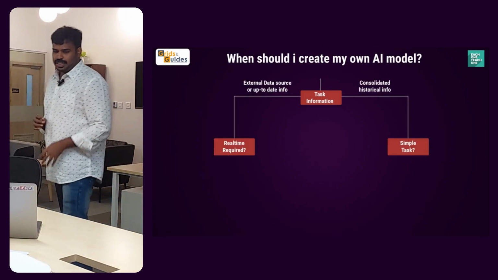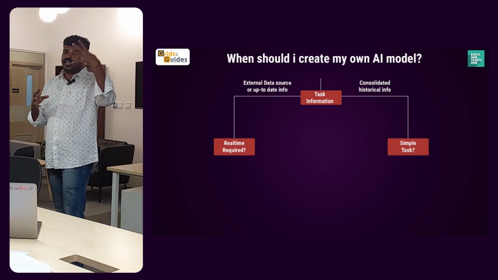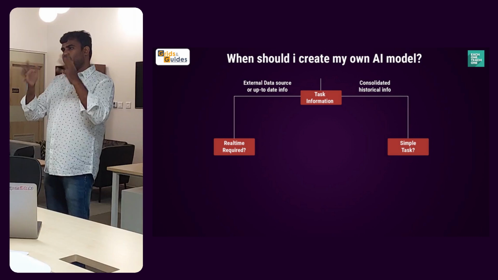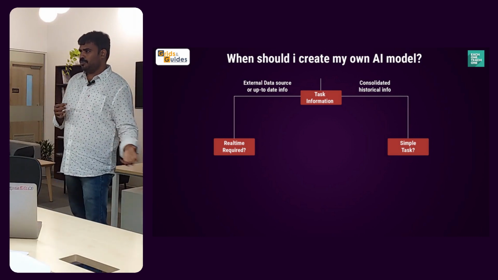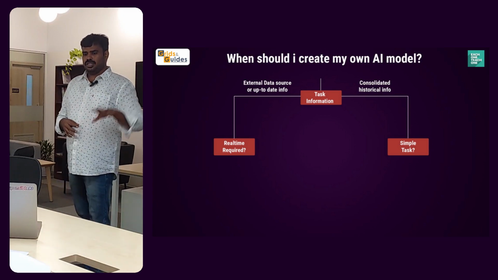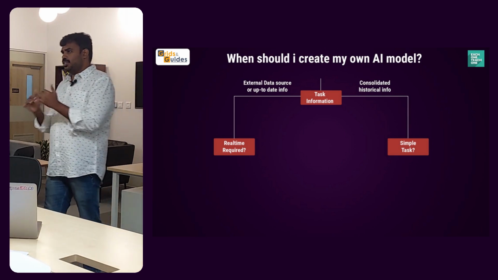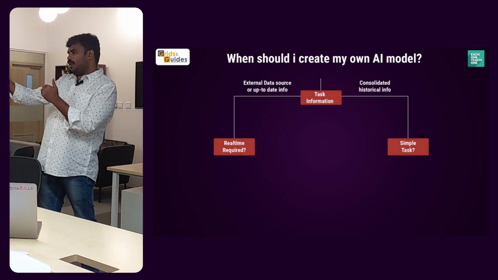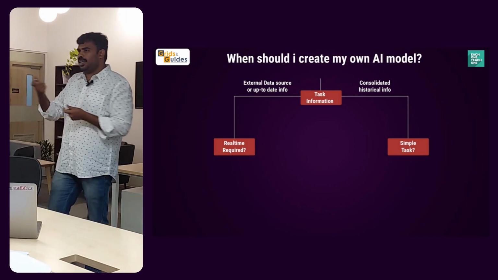So if the task is based on an external data source, right? For example, you have data in a PDF or a database or a document or an S3 bucket, anywhere you have an external data source, and you want up-to-date information. For example, if I'm searching right now, I want the LLM's answer to be a very recent answer.